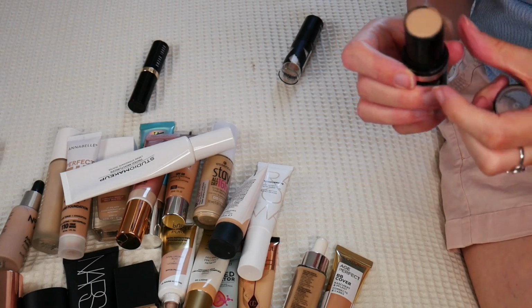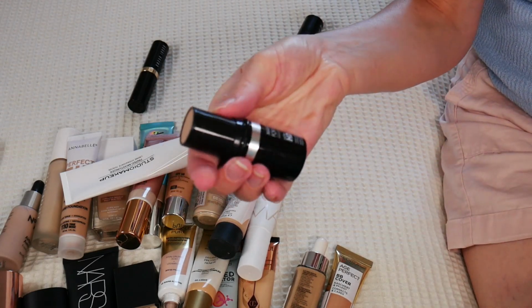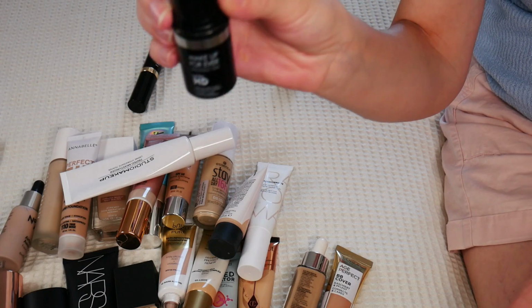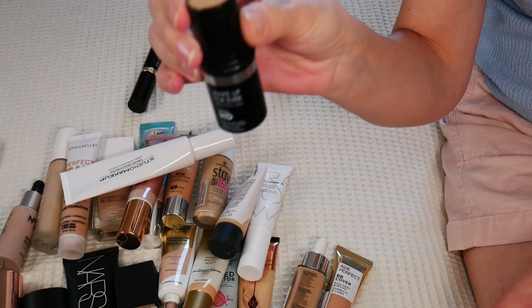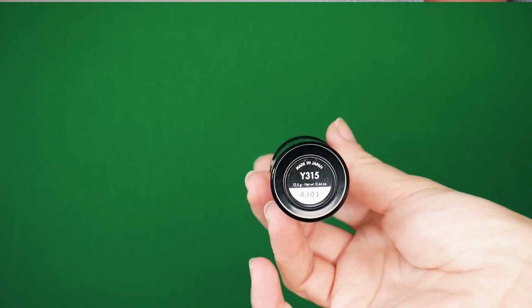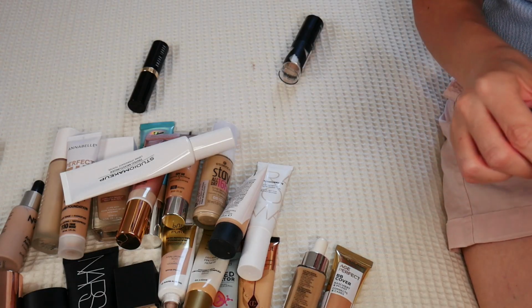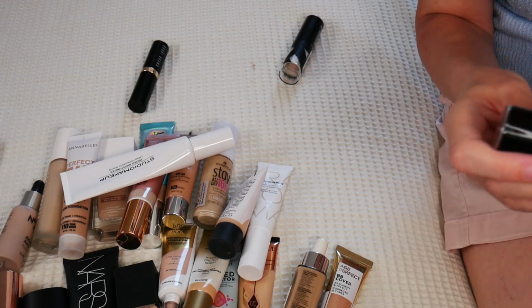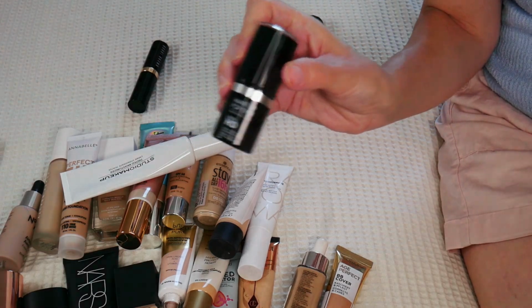The new one is from Makeup Forever, the Ultra HD Invisible Cover Stick Foundation. I absolutely love it. I have the shade Y305. Sorry if I don't mention all the shades. I'm trying to link everything in my description box, but just bear with me because there are a lot of